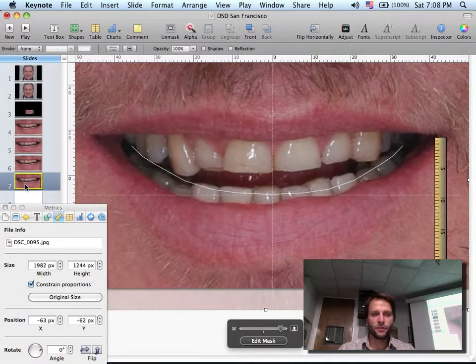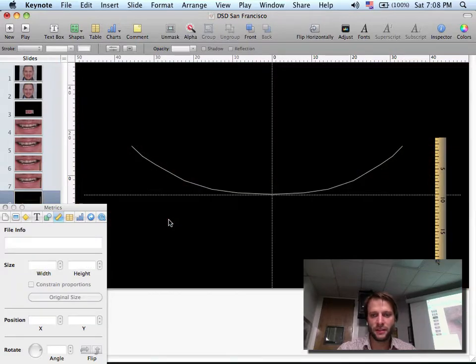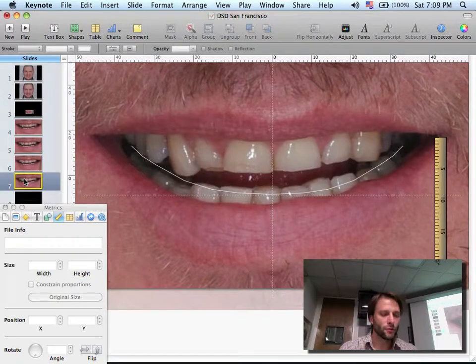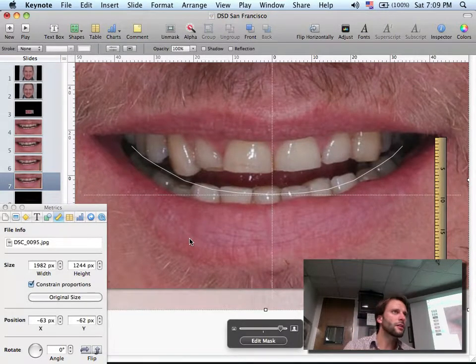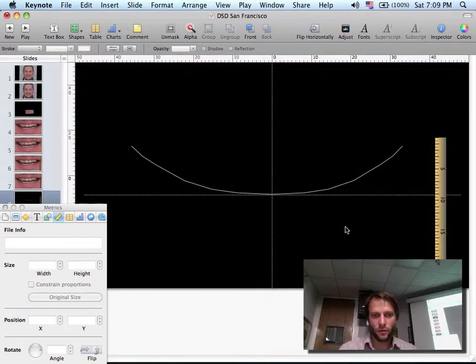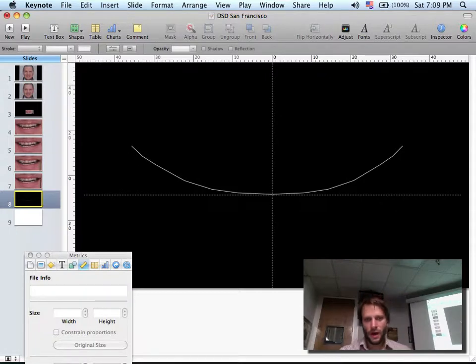Now again, if I want to analyze whether visually this makes sense, what I can do is duplicate the slide, click on the picture and delete the picture. I always like to do this. So now we are looking only at the lines. So I duplicate the slide, and then I click on the picture and I delete the picture. When I do that, I can look at the lines,